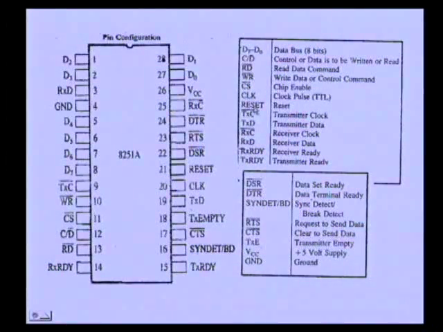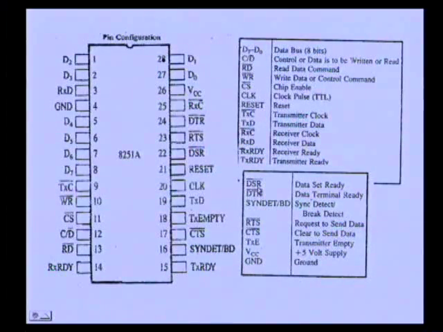CS bar is the chip enable pin, CLK is clock, then reset, and TXC is transmitter clock, TXD is transmitter data. Next receiver clock RXC, RXD is receiver data, RXRDY is receiver ready, TXRDY is transmitter ready, and next DSR,